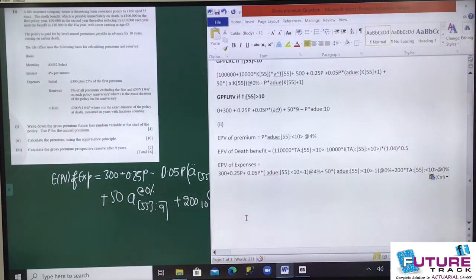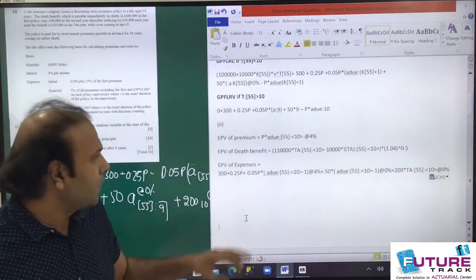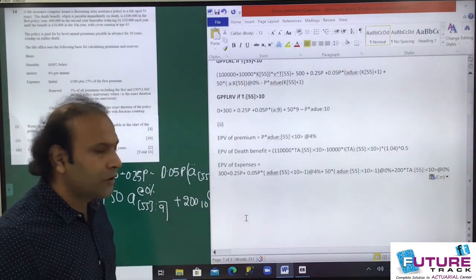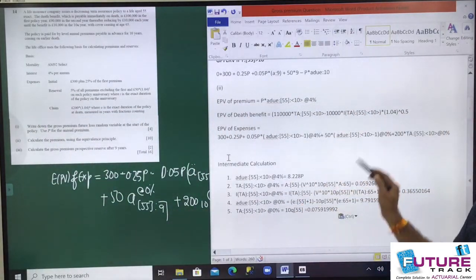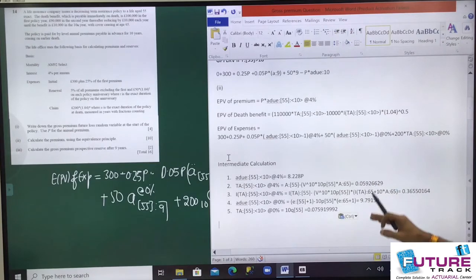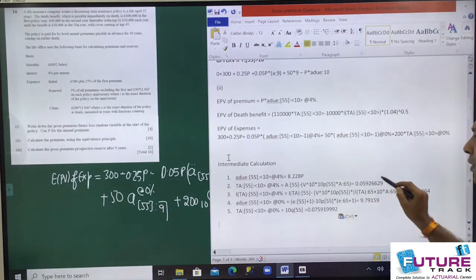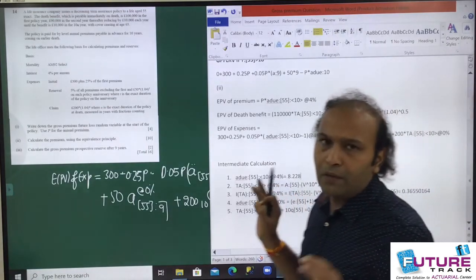Fine. Now class, after writing this, it is anytime better that you show the calculation part also. Whatever these notations you have written, write separately the values they are getting. Let me show the calculations. Now class, it is very good if you can show the calculation like this separately, so that there is no hosh posh in your solution, and the examiner can also check each and every term you have done correctly, and you will get step marking also, step marks for this also. Maybe you have done something wrong, but all the other things are correct, then you still get the marks for this, right? So anytime it is beneficial to show the calculation like this.